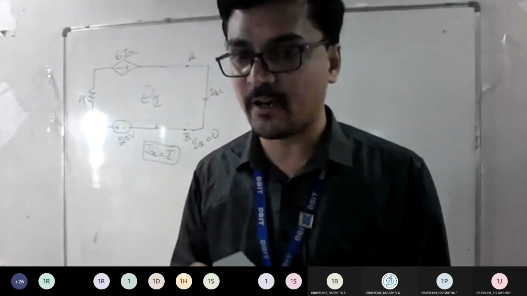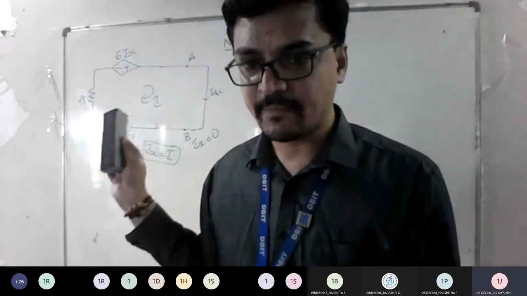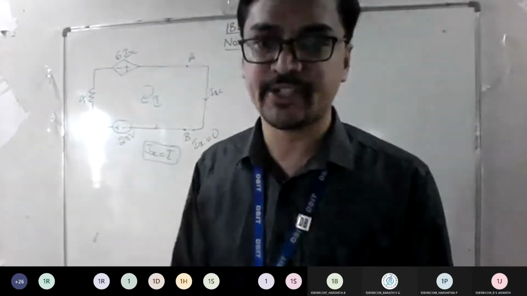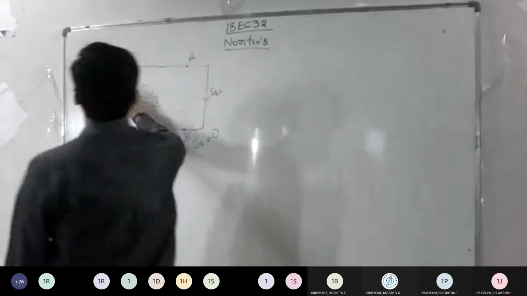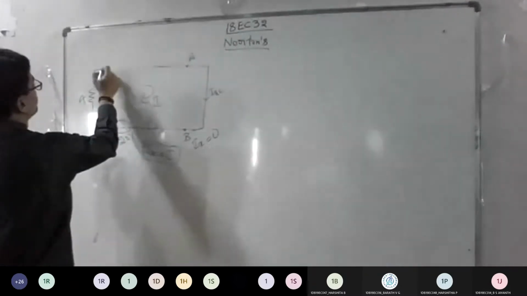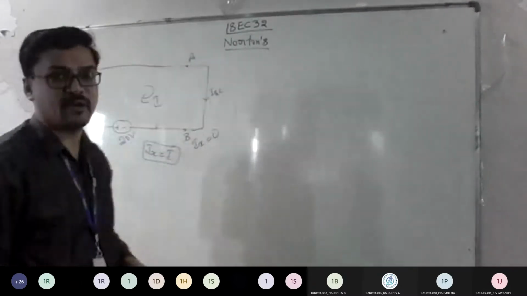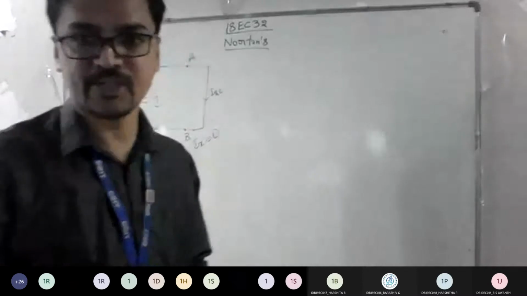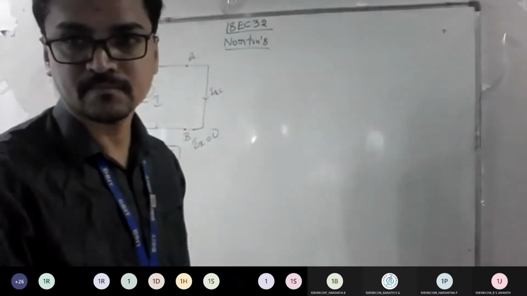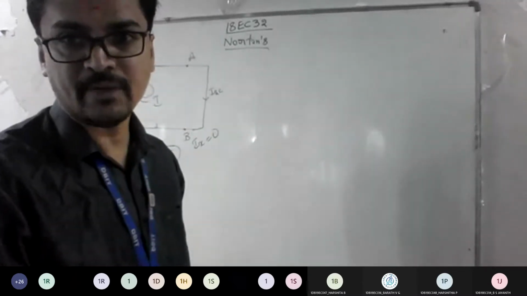Am I clear to everyone now? So if it is depending, now there is no Ix in the picture. So it means I can take this as a short circuit because it is a voltage. If it was current, I could have made an open circuit. Understood here, everyone? Am I clear?